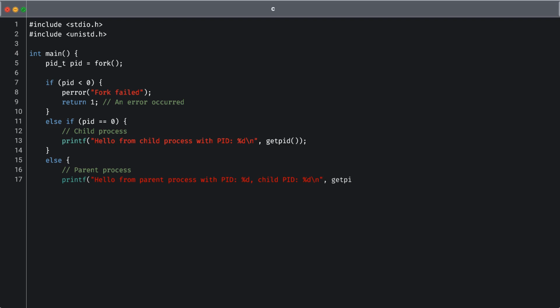If fork returns a negative value, an error has occurred, and we handle this gracefully by printing an error message and exiting. When fork is successful, it returns a 0 to the child process and the child's process ID (PID) to the parent. This allows us to execute different code in each process. In the child process, we print a message indicating its PID, whereas the parent process prints its own PID along with the child's PID. This simple example effectively demonstrates how multitasking is achieved through process creation,